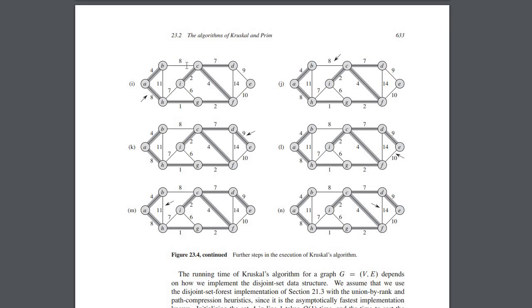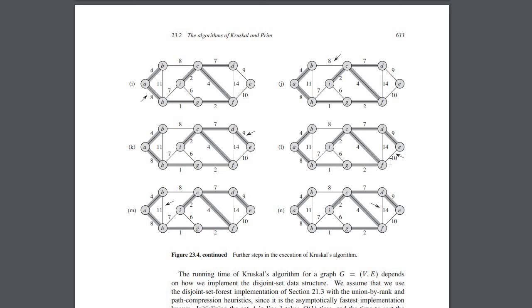So there are two possibilities of 8. So we choose the first 8 which is in between A to H, and then there is another 8. If we choose this particular 8, again it creates a cyclic fashion between A, B, C, F, G, H and back to A. So we need to skip this particular 8. So after 8 there is 9, so we just join 9 between D to E, and